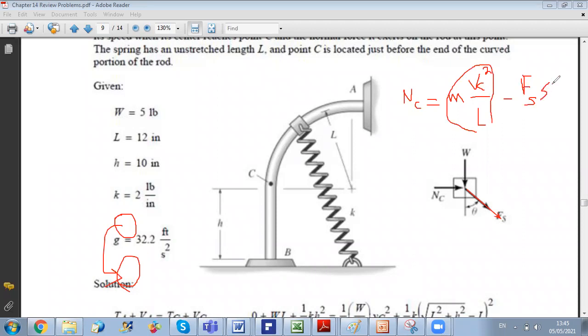So you should perform the calculation to make sure what NC will be. This is why you make an assumption. You can take it to the right, and from your calculation, if you get a positive result, your assumption is correct. If you get NC negative, it means it is like